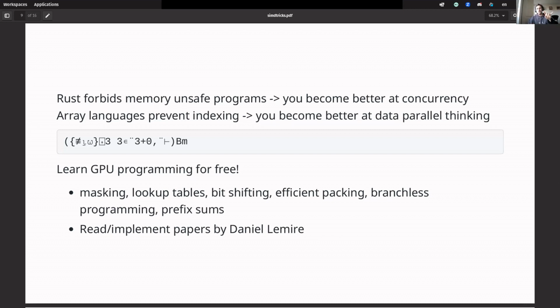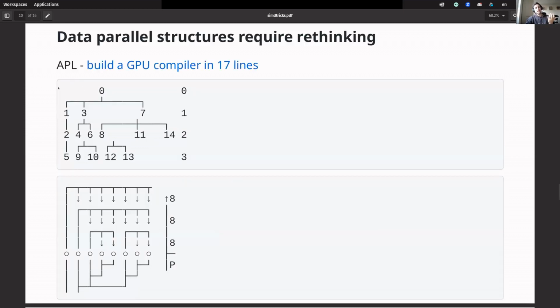this data parallel thinking and they can apply it to irregular parallel programs. So what do I mean by that, right? Let's say that we had to parse an AST or JSON, one of Daniel Lemire's famous papers. The way that you transform your brain to look at this is to not figure out how you are going to be doing a pre-walk or a post-walk across nodes. You're going to figure out what function can apply to all of these nodes at once so that it's always being applied. This link contains a link to Aaron's PhD thesis where he built a GPU compiler in 17 lines